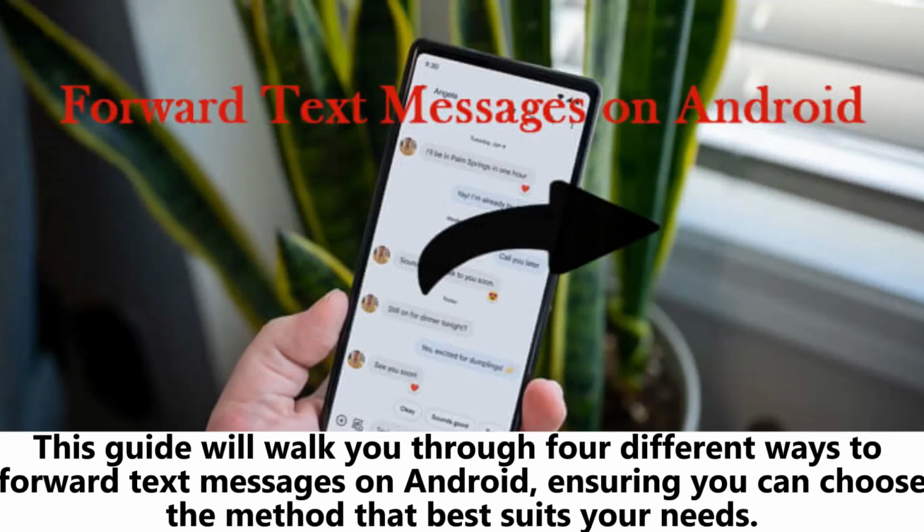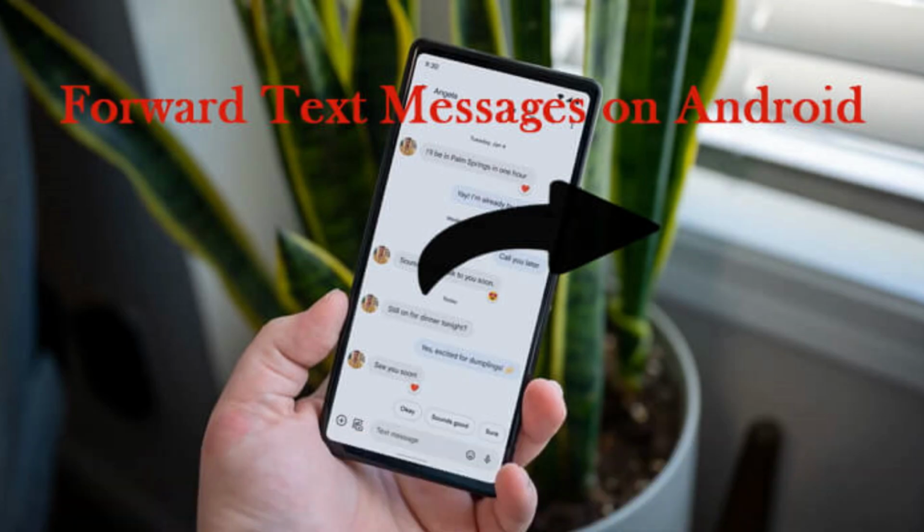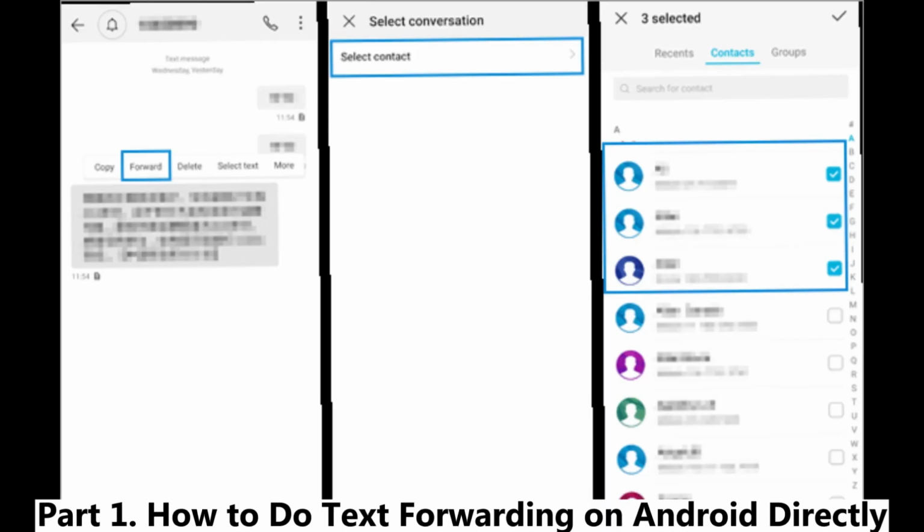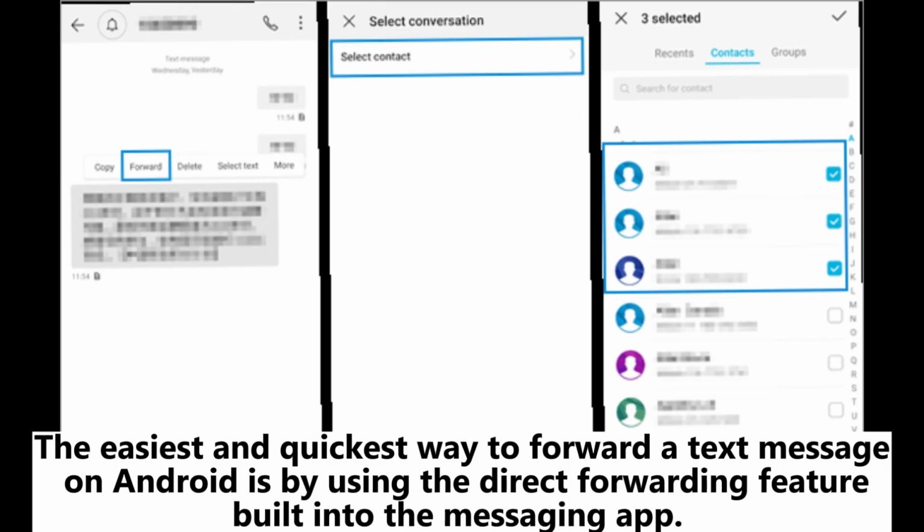This guide will walk you through 4 different ways to forward text messages on Android, ensuring you can choose the method that best suits your needs. Part 1. How to do text forwarding on Android directly. The easiest and quickest way to forward a text message on Android is by using the direct forwarding feature built